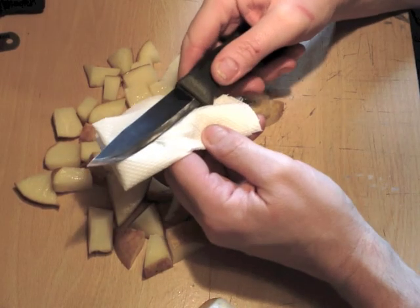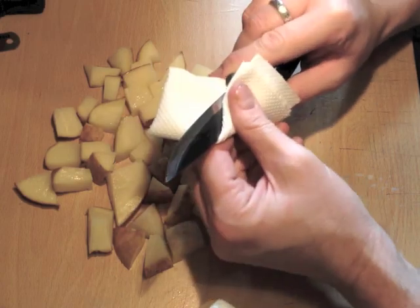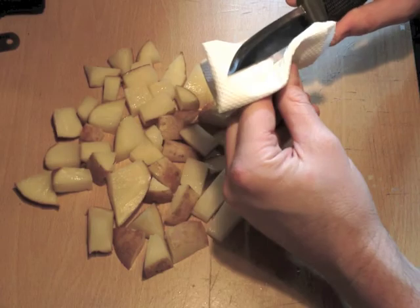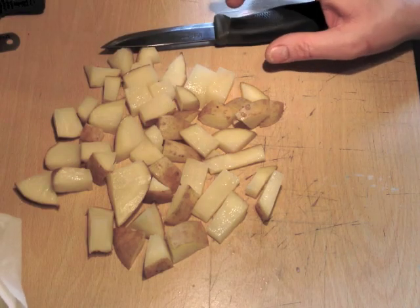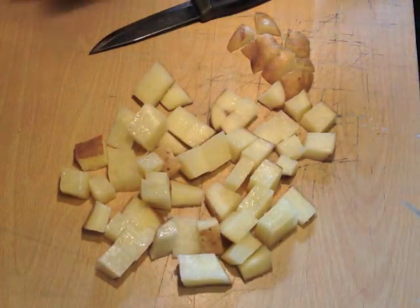Now you can't see to casual inspection that much of that finish has come off at all. It looks pretty much the same, but we did see the big black mark on the first cut. So what I'll do is I'll cut the rest of the spud, I'll whiz forward in time, and then we'll have another look. Okay, so we've minced up the rest of the potato,